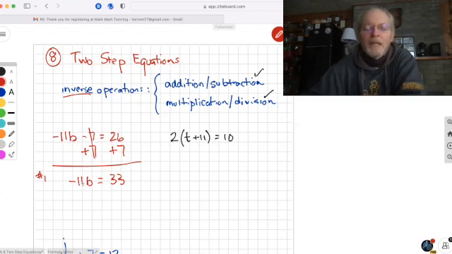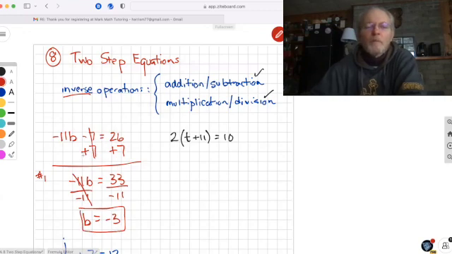Now we have negative 11 times b. This is the last operation. We'll undo this multiplication by negative 11 by dividing by negative 11. But remember, we have to do it on both sides. Well, here's step 2. This side will just end up with b, and 33 divided by negative 11 is negative 3, and that is our solution. So if we go back and look at that, negative 11 times negative 3 would be positive 33,